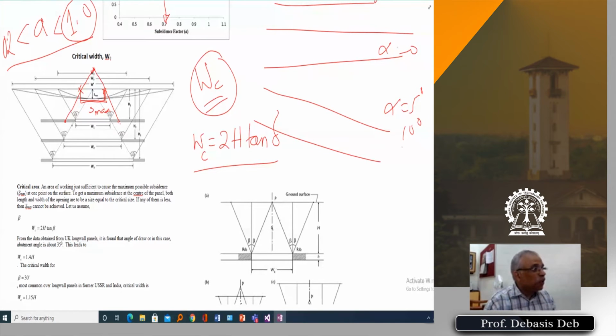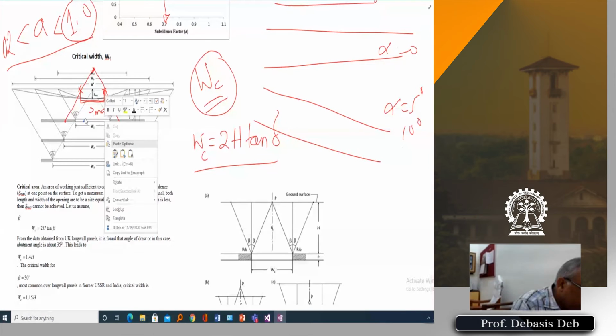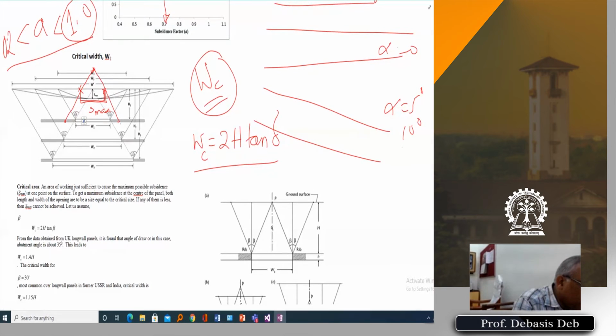So this needs to be balanced. Now, if I make it smaller, if my width is smaller, here to here, then you can see,